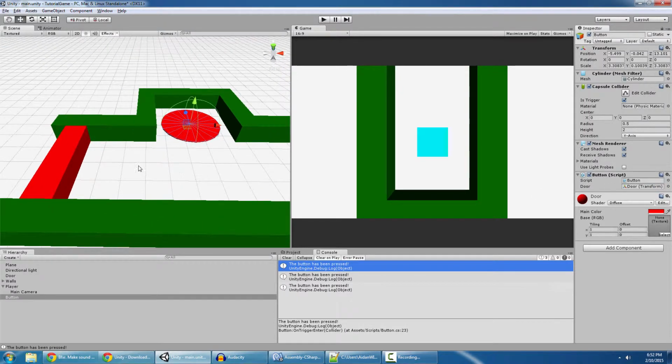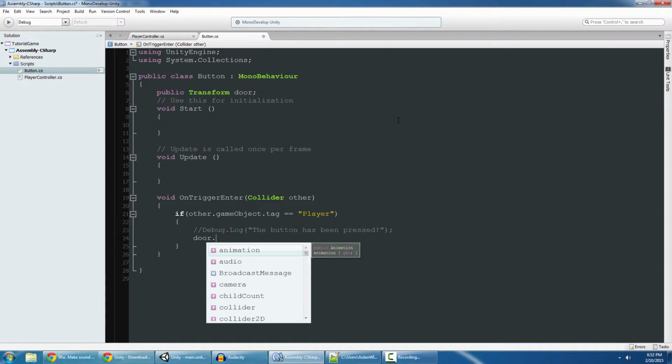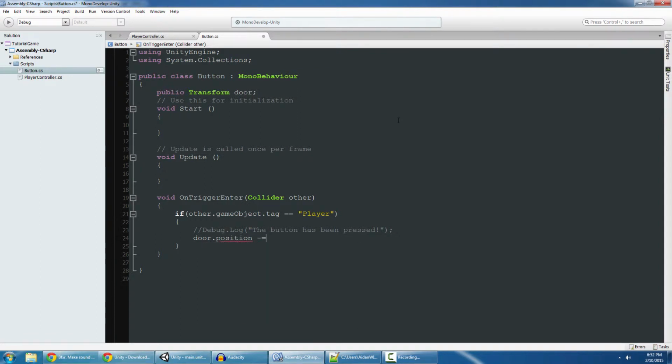Now once you have that, you have reference to this door's transform component, which means we can start moving this door around from a different object. How cool is that? So let's go ahead and comment this line by putting a couple slashes there. Now let's go ahead and transform the door. So we have the door's reference, so we can say door.position -=, and we're going to be